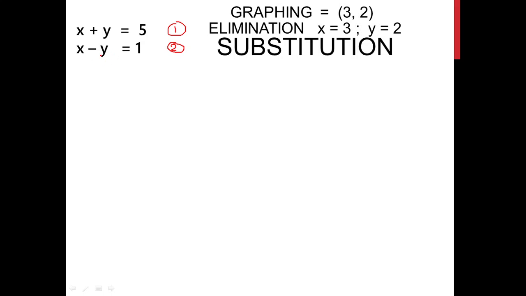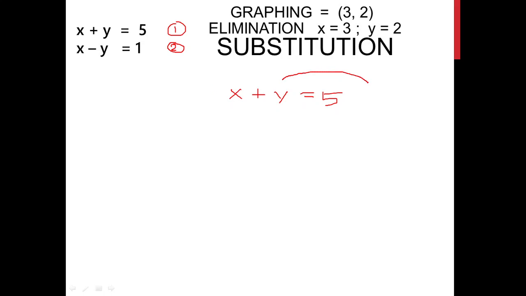So how does this work? I want to find a value of x or y to substitute into one of the equations. Substitution is transforming one equation to substitute into the other equation. So I want to find a value of x here to substitute into my second equation. Say I want to transform the first equation, x plus y equals 5. I want to find the value of x, so I'll transpose y to the other side so that I have the value of x here.